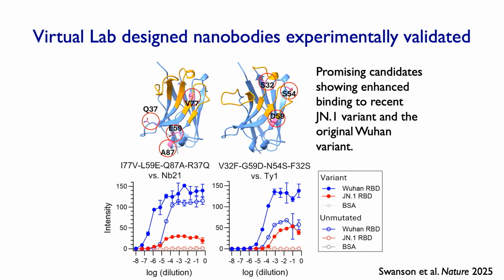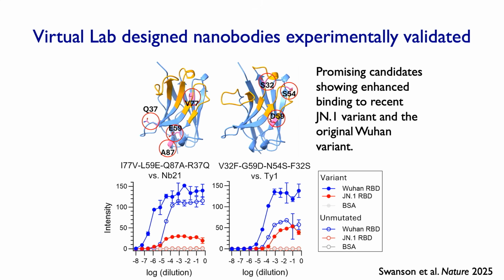And by running and implementing this workflow, they came back to us with a list of 92 nanobody candidates that the agents thought, here you can just test these ones. These are the most promising ones to look at. And then with our experimental collaborators, we actually synthesized and made each of these nanobodies and tested them in the real world in the wet lab. And here are just 2 example nanobodies that were designed by the virtual lab agents. So these are new proteins. People haven't seen them before. And the bottom shows the curves from the experiments that we did to illustrate how well they work.